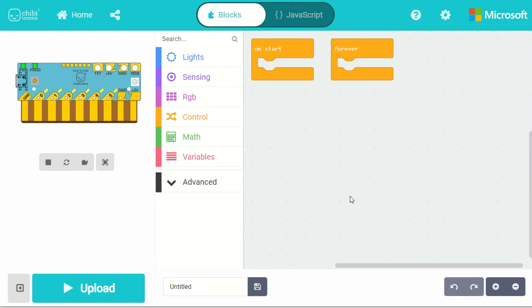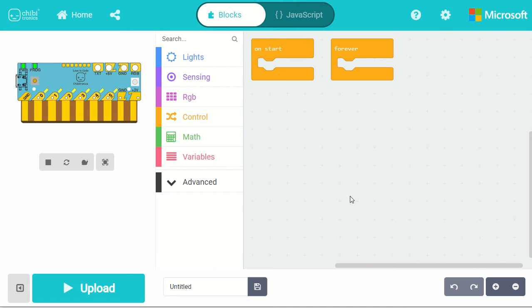Now in case, let's understand first of all how the coding it works. So as I've already stated, that the project that I'm going to make you go through, and the one that we people are going to utilize today, that I'm going to train you today, that is turn on off the LED. So if I talk about turning on off the LED, that means we need to create a forever loop for that, okay, wherein we will be placing the subsequent blocks for that.